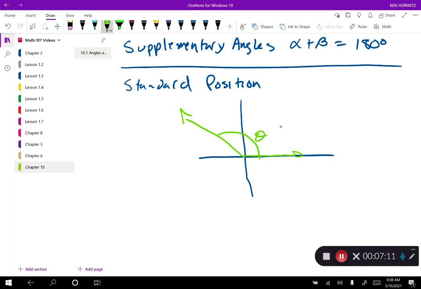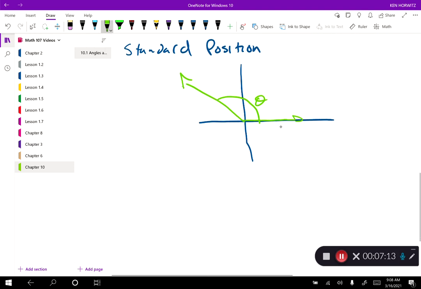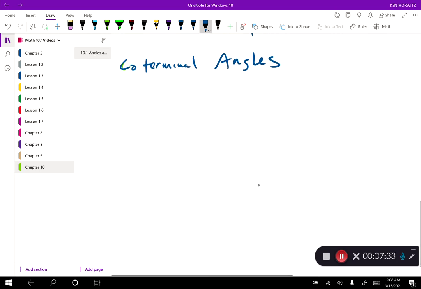All right. So another thing with angles, you could have something called coterminal angles. And coterminal angles have the same initial and terminal sides. So for example,